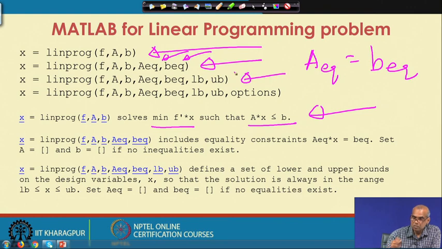In this calling syntax, you can mention the lower bound and upper bound for x. So, if you know x is bounded between a lower bound and an upper bound, you can mention it here. Through options, you can tell linprog what kind of algorithm it can use. So, linprog implements various algorithms such as the interior point algorithm, the dual simplex algorithm, etc. So, you can specify using the options structure which algorithm you want MATLAB to use.